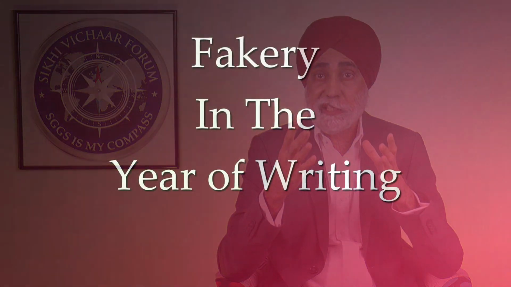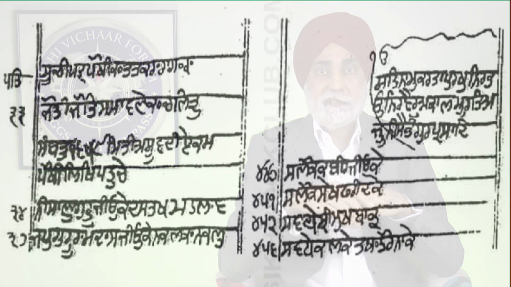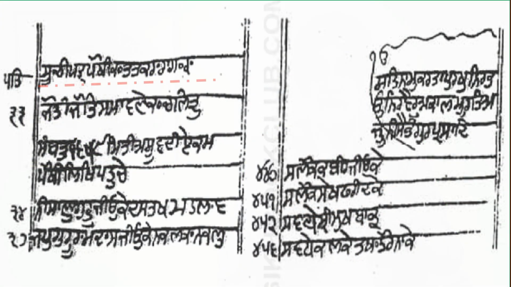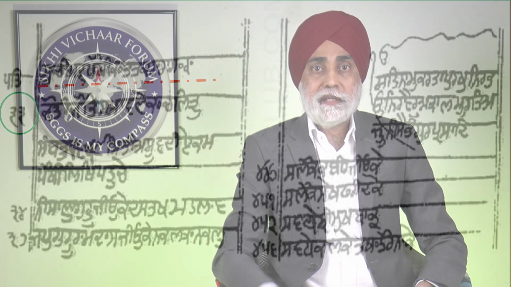The other way that has been used to provide authenticity and legitimacy for the corrupted and distorted replacement texts is the fakery of the year of the bead. This is the index page of the Pai Banno Wali bead. The first line on the left says Suchi Pattar Pothi ka tatha tatkara raga ka. Translated, it means information page of the Pothi and the contents page of the rags. The second line tells us what is on page 33, the green circle. The third line provides the information pertaining to when this Pothi was written.